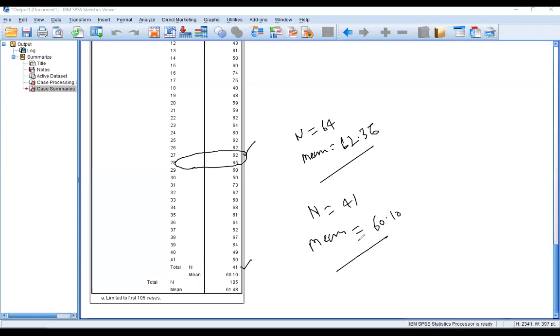Through this case summaries, we can understand the performance of the two groups. On the basis of results, we can say the female students' performance is better than the male students' performance, because the female students obtained 62.36 mean marks, while the male students obtained 60.10. So this is about the case summaries.